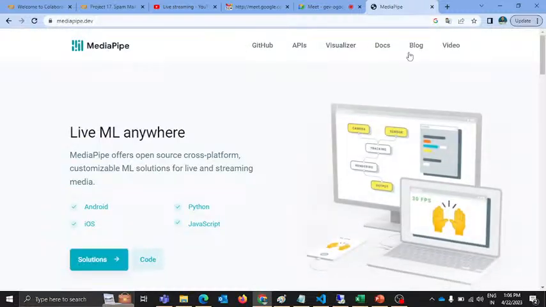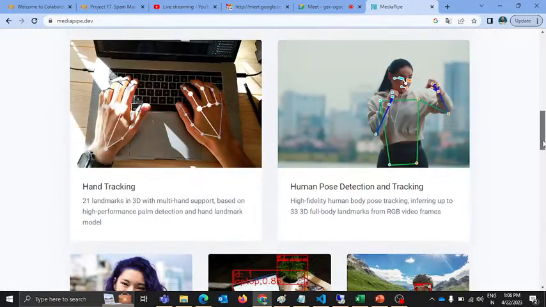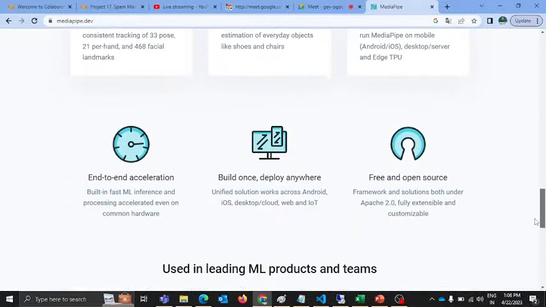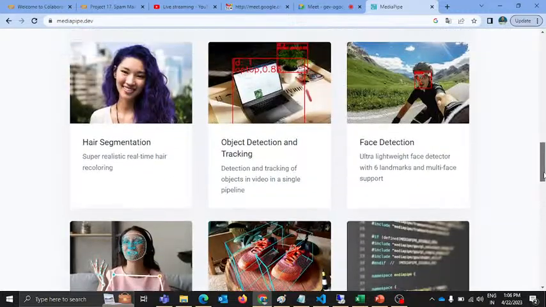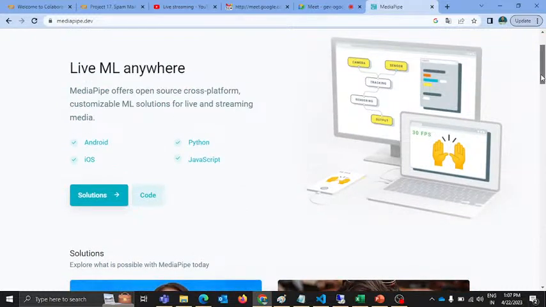Here you can get different projects that you can set up on your local device, and you can enjoy the computer vision things on your local machine. So this is the official website, and let us try setting up a project on our local machine. For that we have to click here on code, and it will take us to